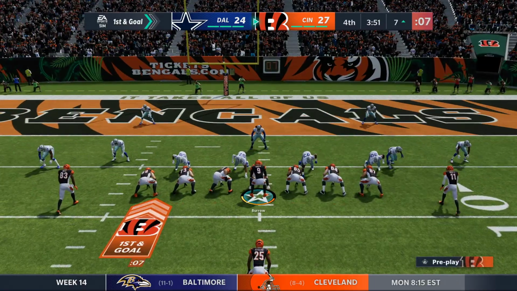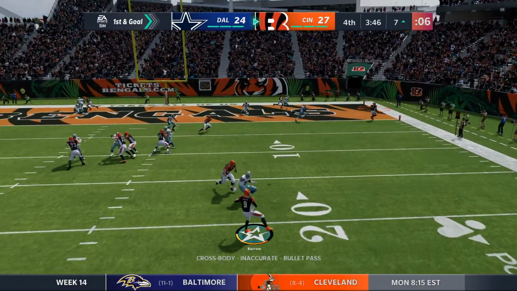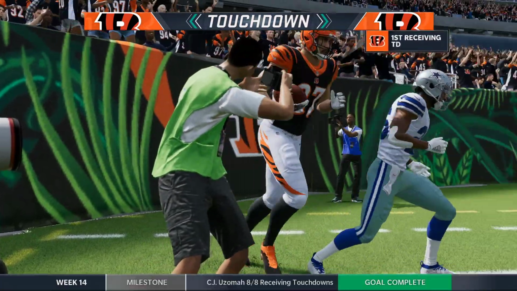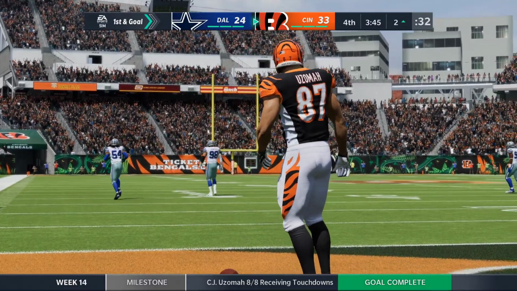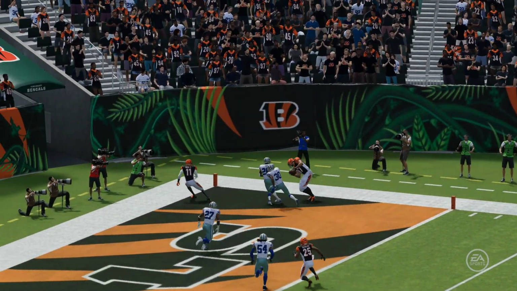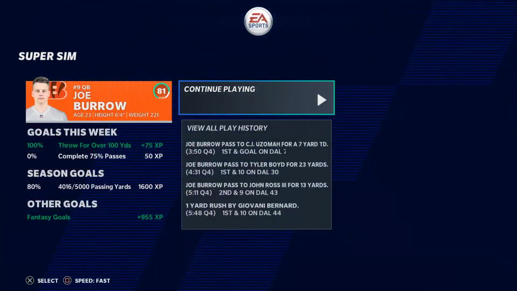1st and goal at the 7-yard line. Here's Burrow. And that is caught. He's got it for a Bengal touchdown. C.J. Uzomah with touchdown number 8 on the year. And the Bengals add on to their lead. They have to love seeing that from their young quarterback here in the 4th quarter, able to...